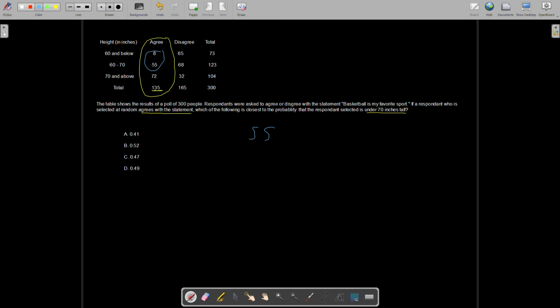So if we add up 55 and 8, we would get 63. And then you're going to divide this number by the total number of people who the original selection was from. So 63 divided by 135, and that is going to give you